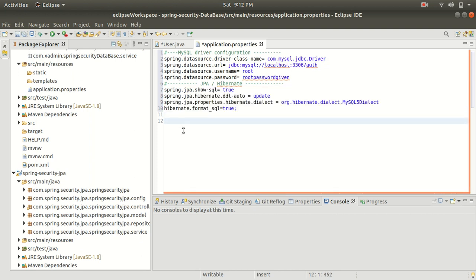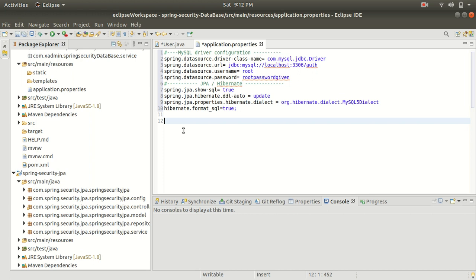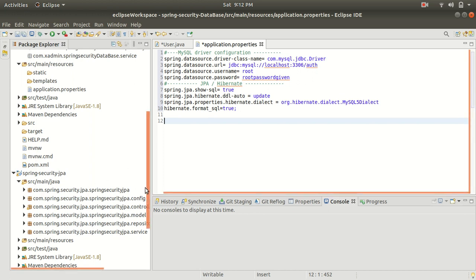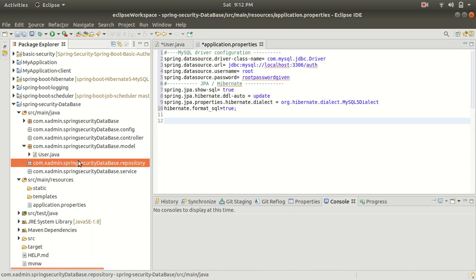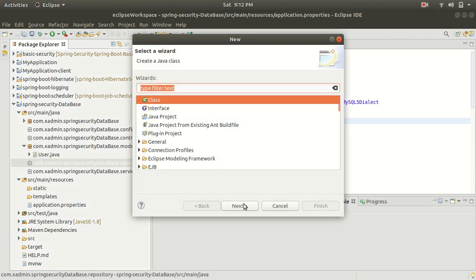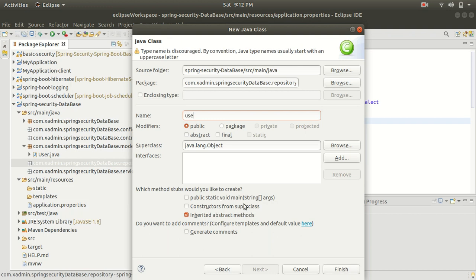All right. So now guys, I am going to create the user repository. So let's go to our repository folder, and here I will create one more class with the name user repository.